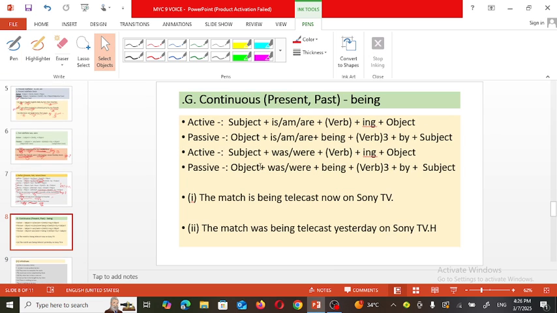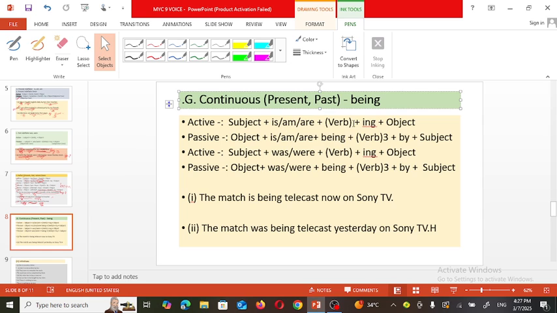Now see the next example. When the sentences are in the continuous form, meaning present continuous tense or past continuous tense. See, friends, when the sentence is in the future continuous tense, it cannot be changed into the passive voice. Now, when the sentence is in present continuous tense, what is the structure of the sentence? Subject, then according to the subject, am, is, are, some helping verb, then verb plus ing, and then the object. For example,